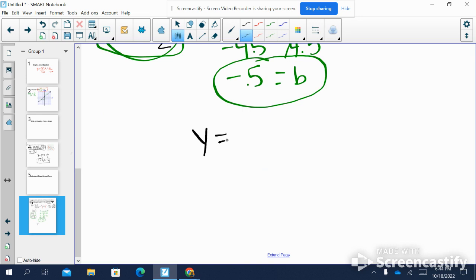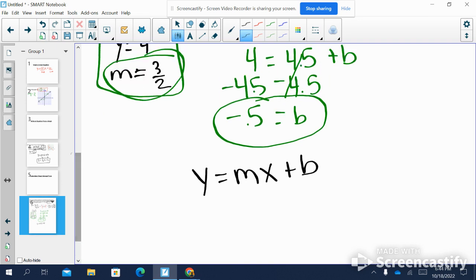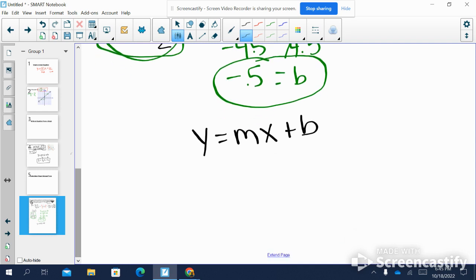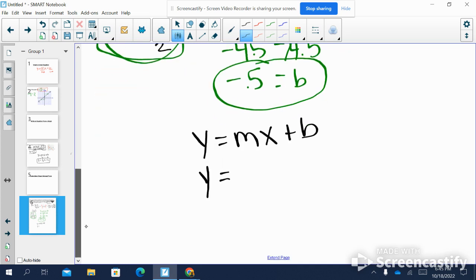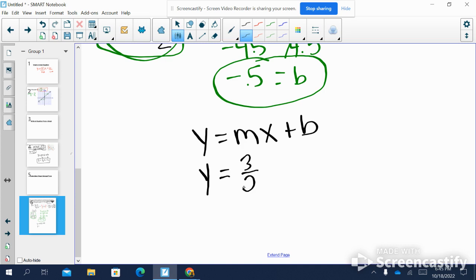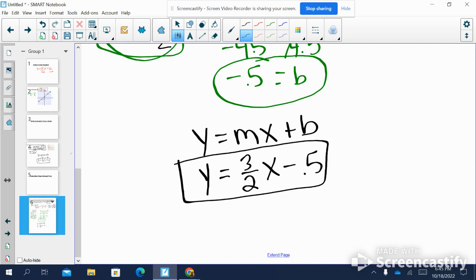So step 3 is just to take slope-intercept form, y equals mx plus b, and replace the m and replace the b with the numbers that you just calculated. So the y stays, the equal sign stays. Our slope was 3 over 2. The x stays, and our b was negative 0.5, so we're going to do minus 0.5. And this is the equation of the line in slope